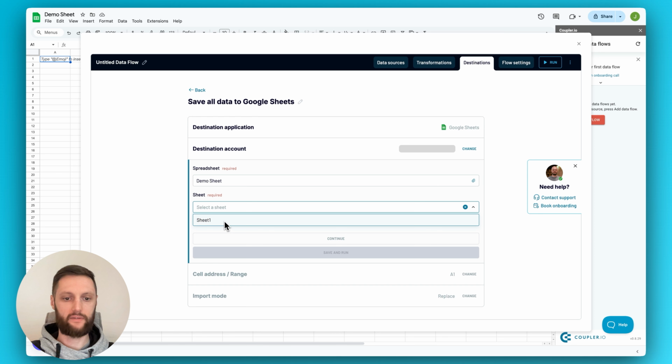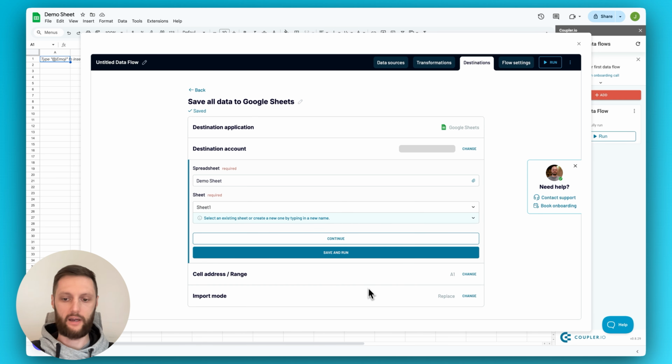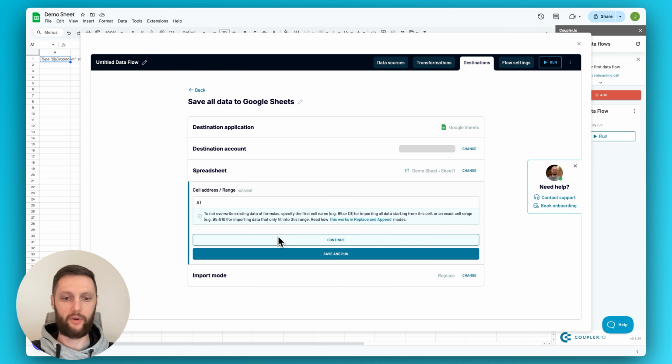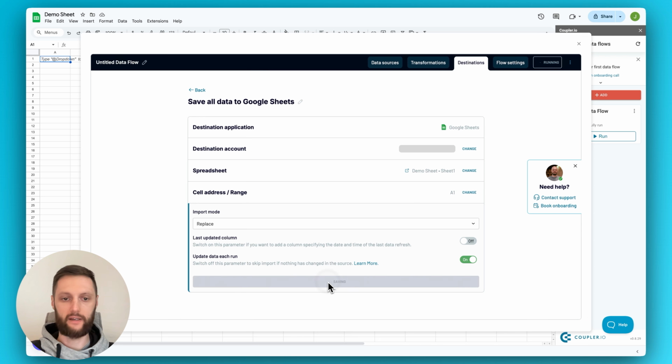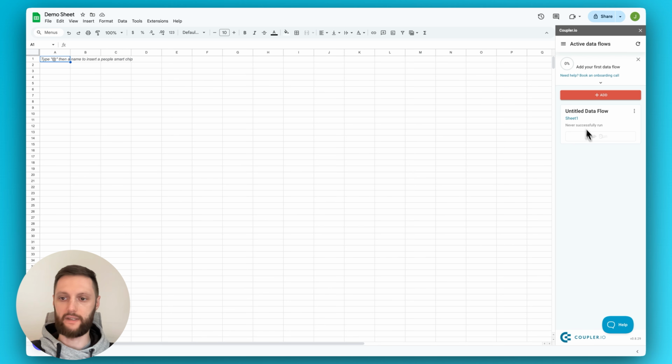specify the sheet of this file. So let's say Sheet1 is good. Cell address and range I'm happy with. Import mode replace, great. Let's click Save and run. It's going to take a few seconds to execute, and then the data will be automatically populated into this tab